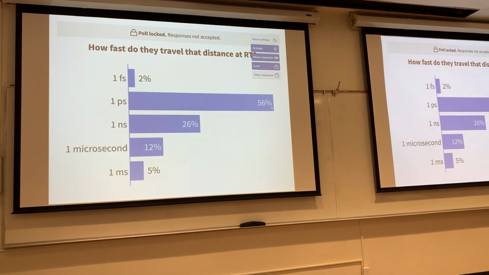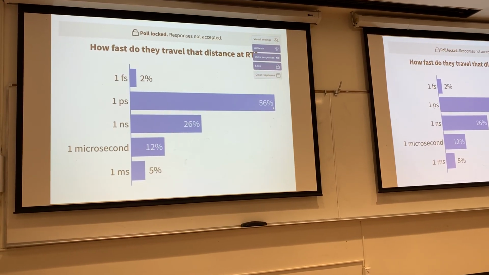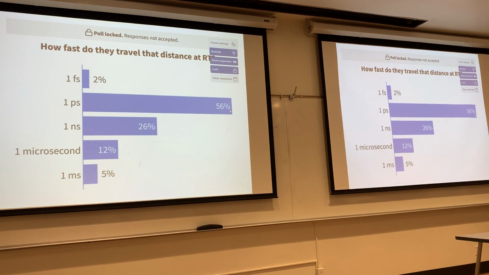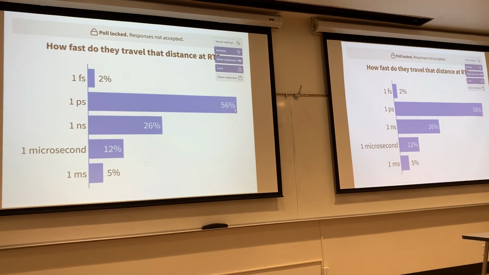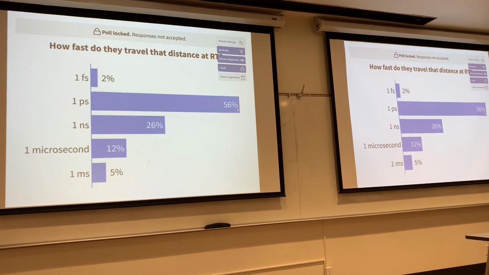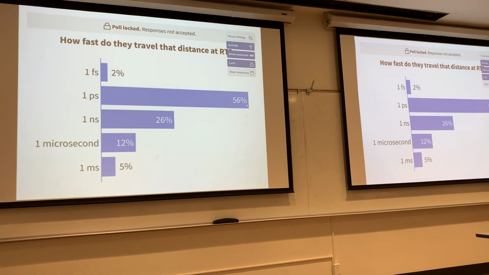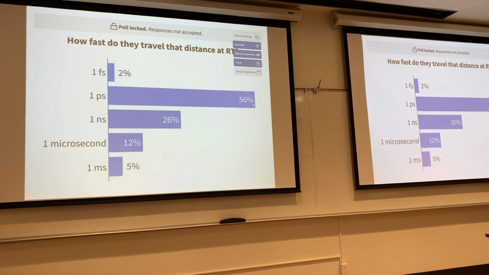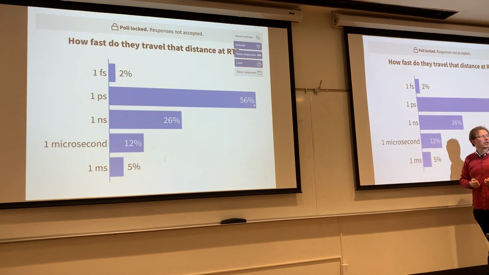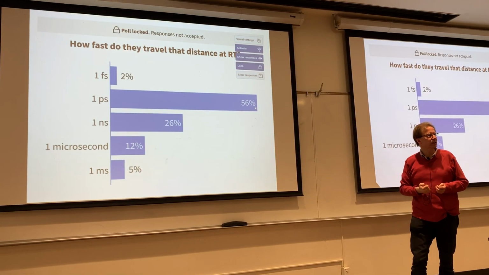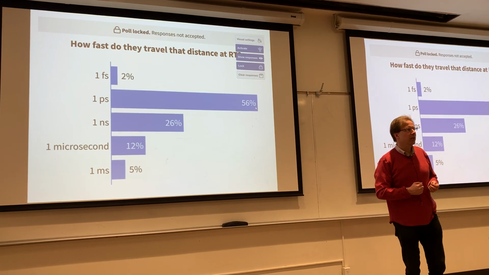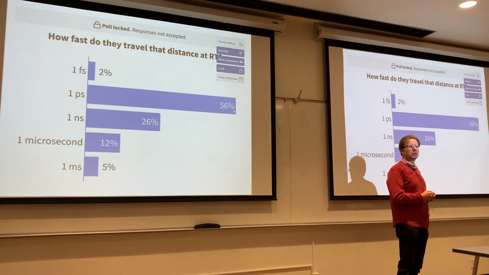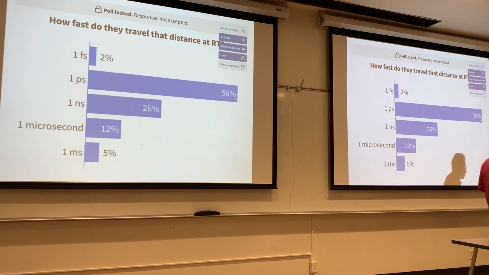Travel of molecules, picoseconds is a good thing. And then nanoseconds is something which is much longer in time. And then microseconds, milliseconds, much longer as well. Okay. Now, if the molecules visit each other every picosecond, that is picoseconds, 10 to the minus 12, right? So that is 10 to the 12th times per second. So if the molecules visit each other 10 to the 12th times per second,